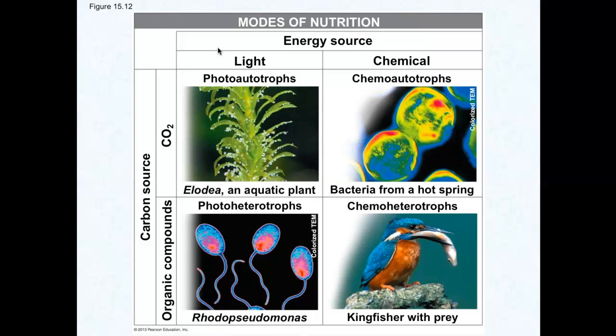Phototroph refers to light. We already know that plants, or any photosynthetic organism, fall under this category because they get energy from light. Chemotrophs have to break down organic molecules from outside. Humans have to eat food for our energy source, food being a chemical, so we fall into the category of chemotrophs. Troph is, by the way, a feeding